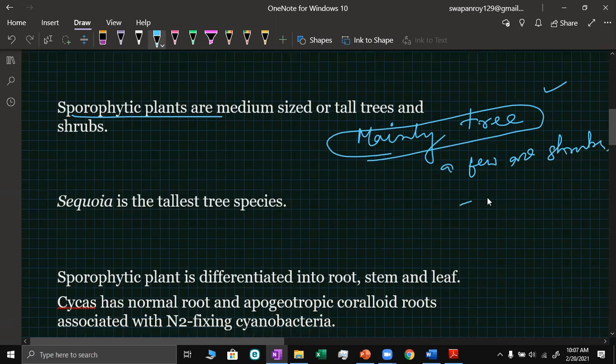Some climbers also are there, but those are very negligible. Those which are shrubs, many of them are used as garden plants also. Of course, both tree species as well as shrub species are used as garden plants